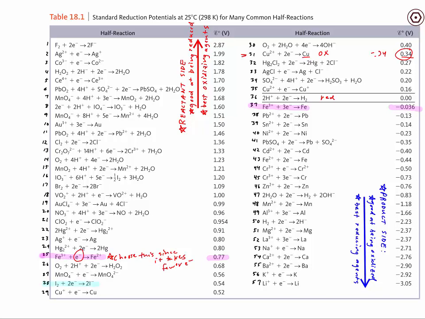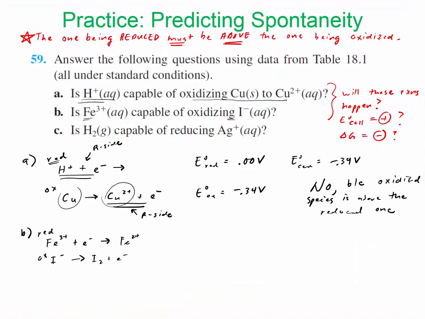So is the one being reduced above the one being oxidized? So we're going to flip this one and see how that makes this a negative 0.54, but this one's positive. So the one being reduced is above the one being oxidized. So this one should happen. The reduction for this is positive 0.77, and when I flip this one, I get a negative 0.54. So E cell standard is positive. So yes, this one happens because the one being reduced is above